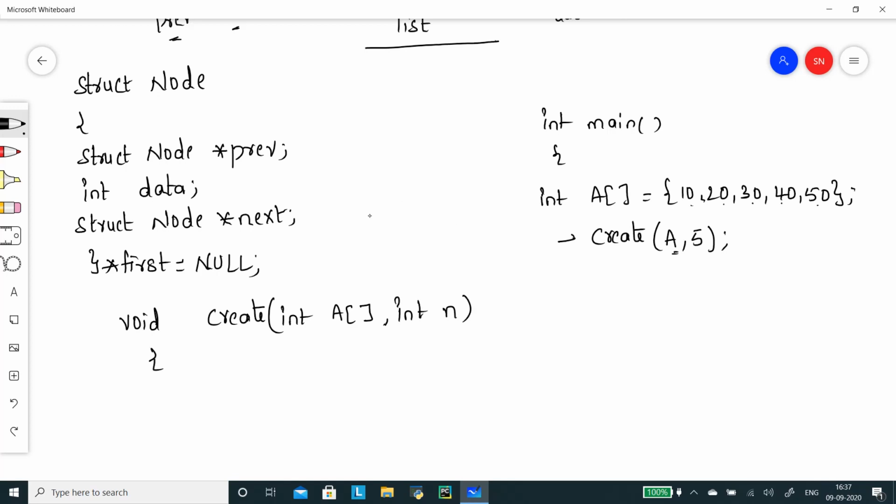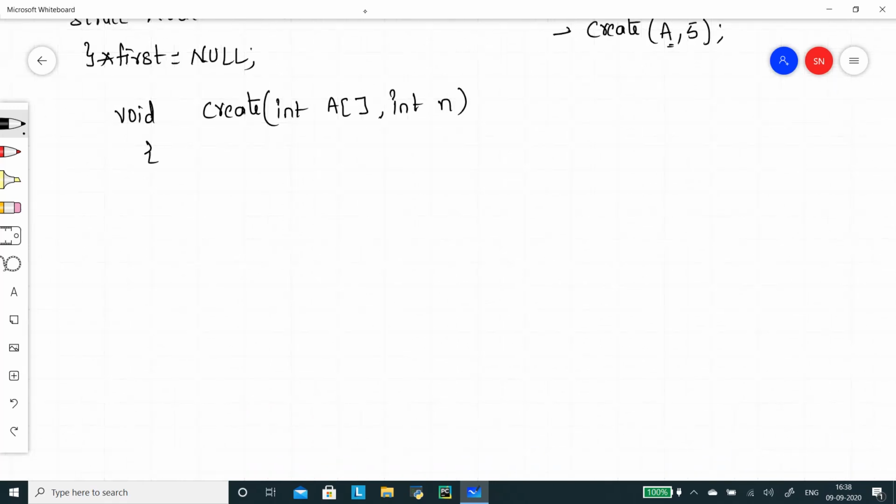Now we require a temporary pointer and the last pointer. So struct node star t and star last pointer, and I'm taking an integer variable i.